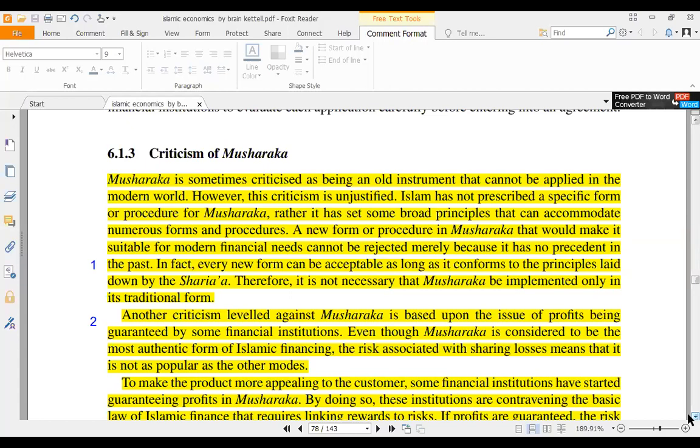It did not prescribe a specific procedure of musharaka. But Islam sets broad principles of musharaka that can accommodate all forms and procedures of musharaka, like home financing musharaka,